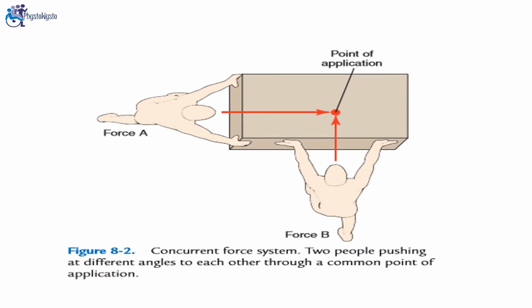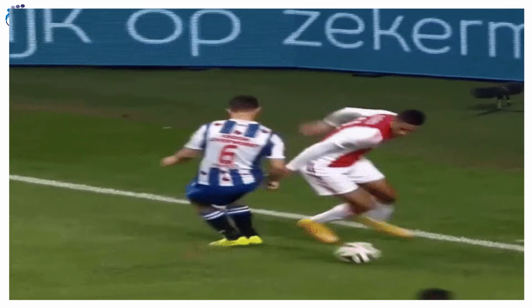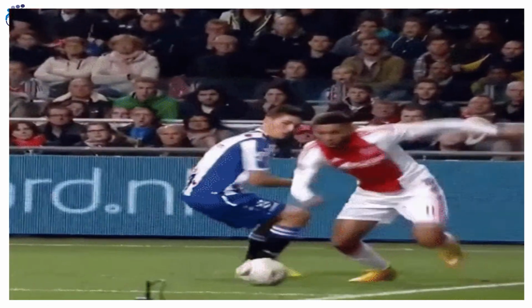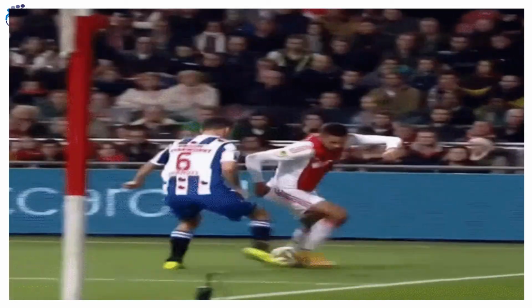This figure is another example of a concurrent force system. Now you can see two people pushing at different angles to each other through a common point of application. A routine example includes several football players opposing each other in a blocking situation, applying forces at the same point from